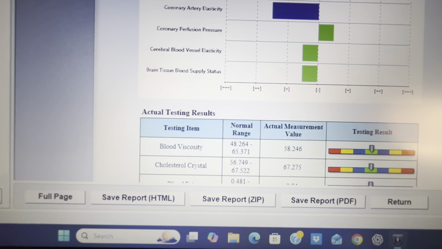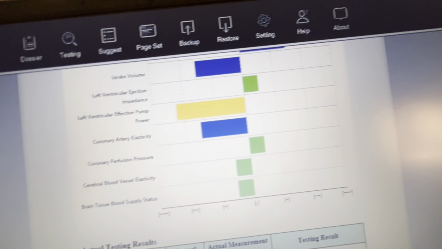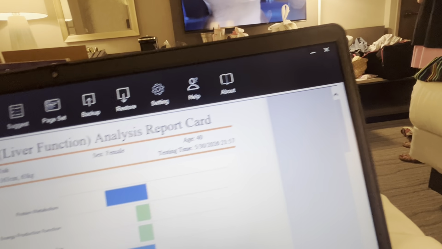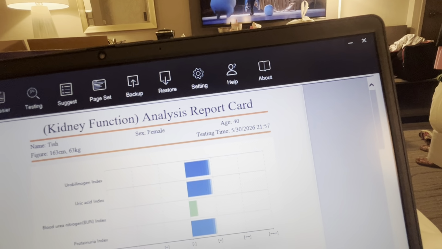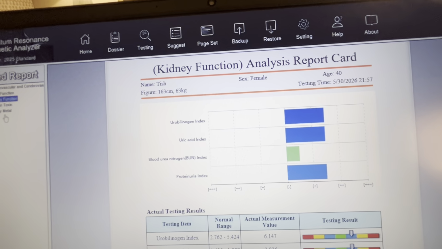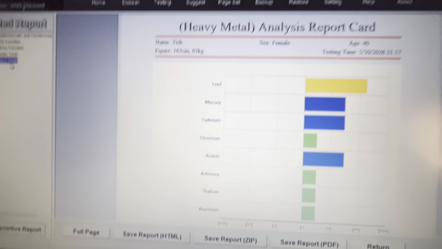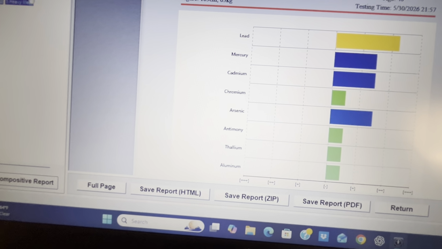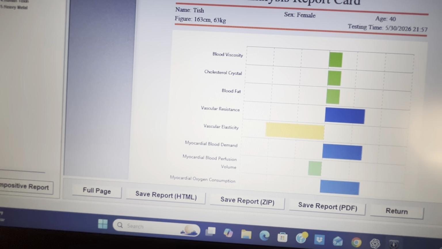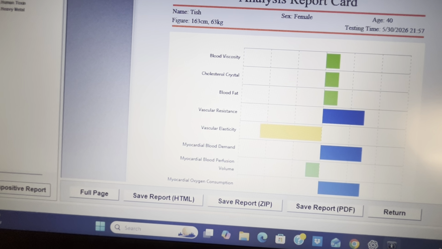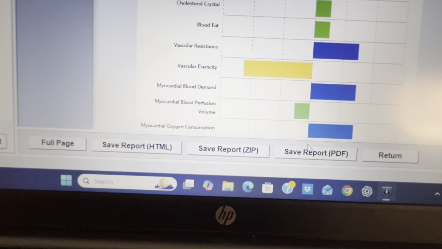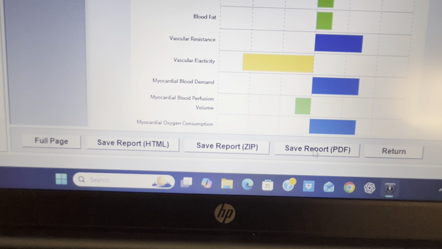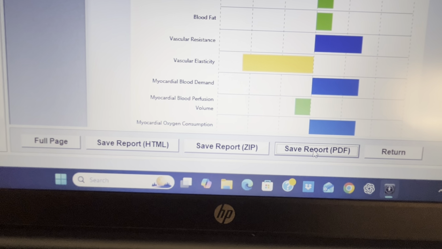And then you will be able to go through and see all of this here, for your tested subject. Now, what you're going to do is you're going to go down to the bottom and you're going to say save the report